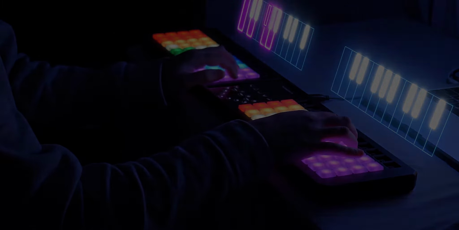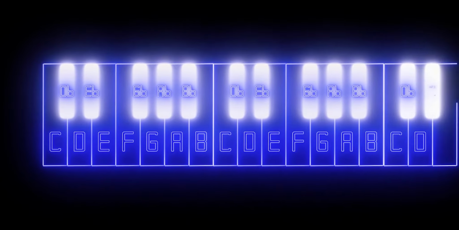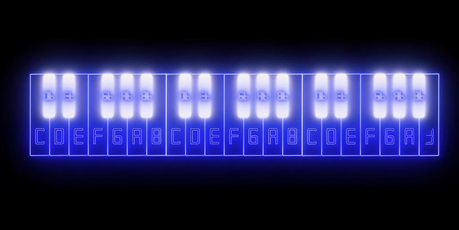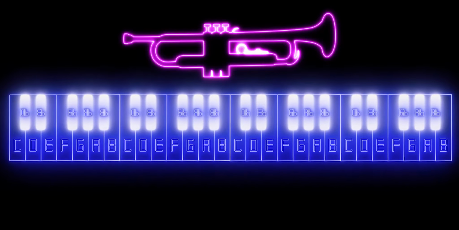When it comes to music theory, there's 12 notes that you need to know about. C, D flat, D, E flat, E, F, G flat, G, A flat, A, B flat, and B. As you move up in octaves, these same 12 notes repeat. The only difference is they're pitched higher. All of Western music is built from different combinations of these 12 notes, and most instruments use these 12 notes